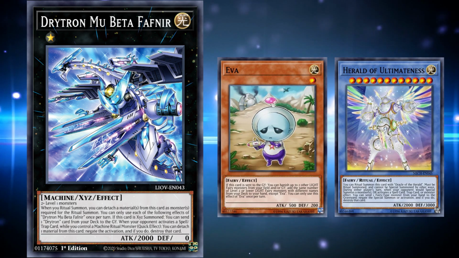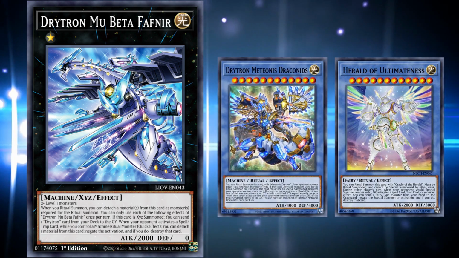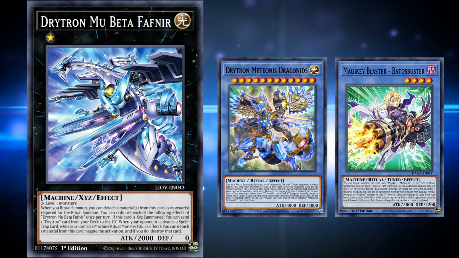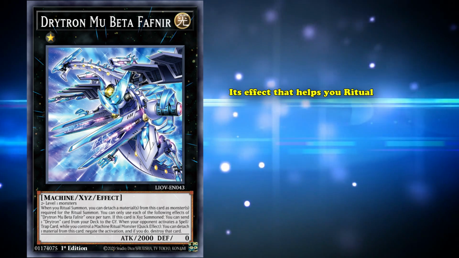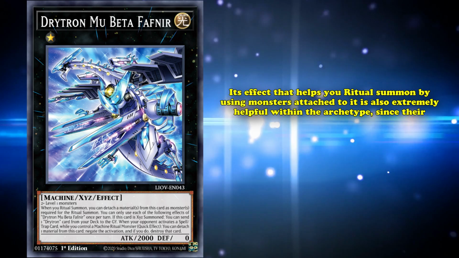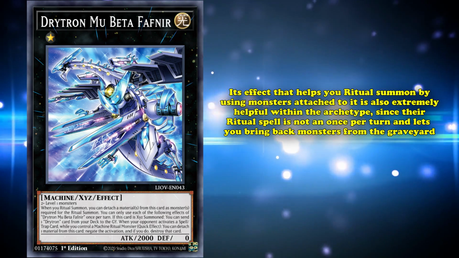But now that Eva has been banned, it sometimes comes up as the deck is often ending on the archetypal boss monster, or Magic Key Match Musket Batis Buster, both of which make it live. Its effect that helps you ritual summon by using monsters attached to it is also extremely helpful within the archetype, since the ritual spell is not a once per turn, and lets you bring back monsters from the graveyard,